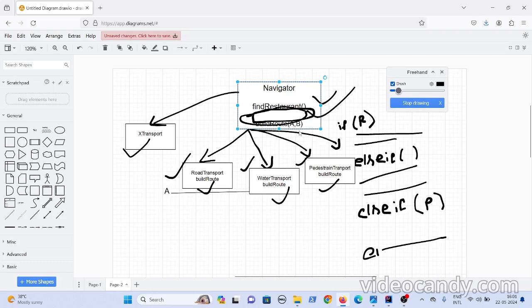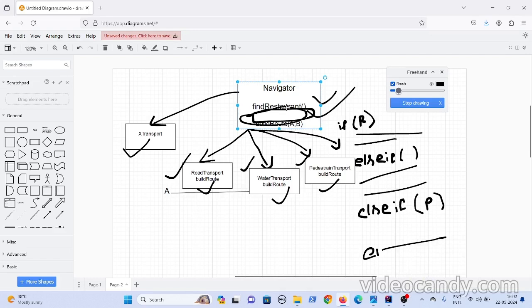Based on the input he gives, you want to give him the restaurant list. Like how you have given the route, you have to give the restaurant list as well. Okay, and let us assume the logic to find these categories is different. Like how the route logic for road is different and water logic is different, in the same way, if you want to find restaurants for 5-star or high priced restaurants, it's different, or if you want to find medium price restaurants, it's different.